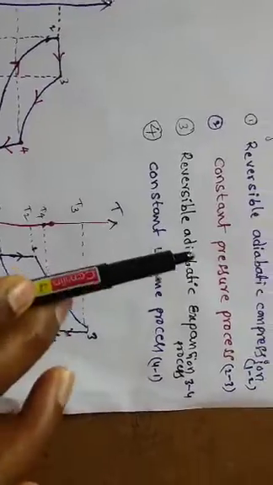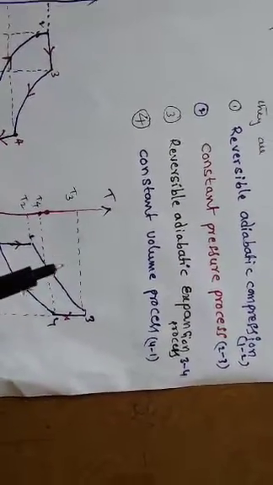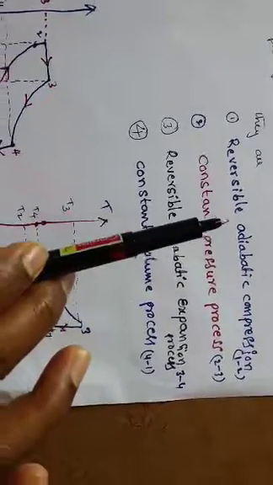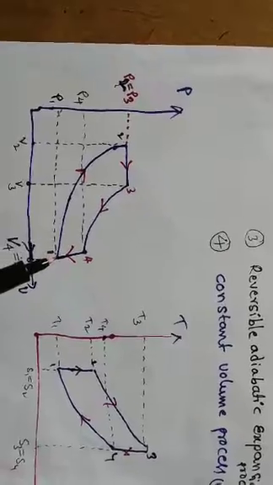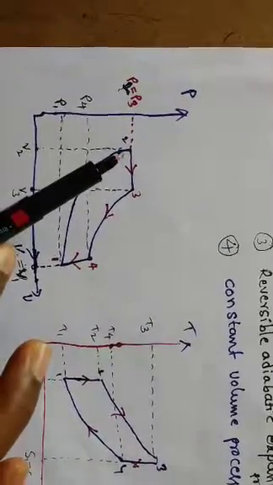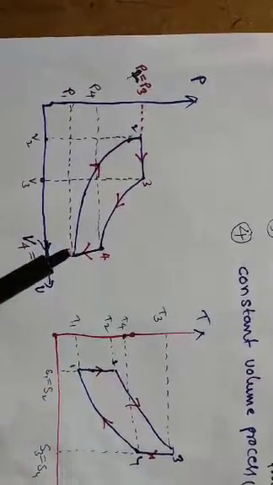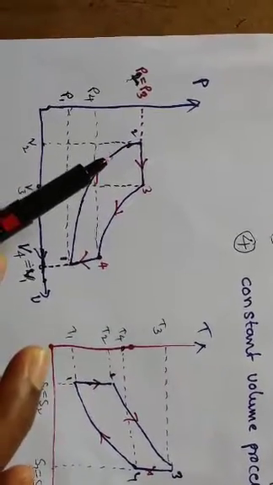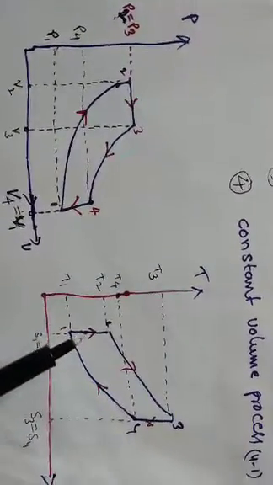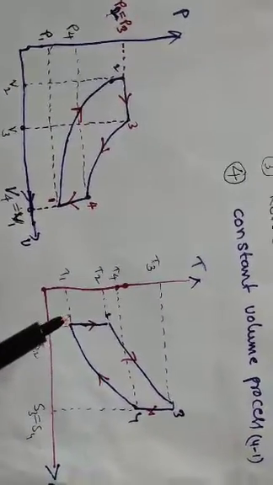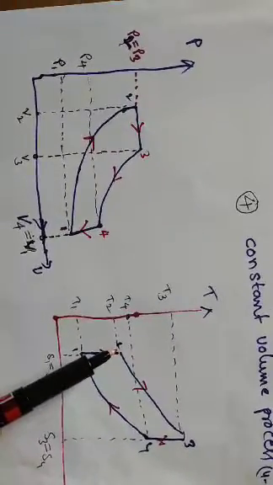Similarly, using these thermodynamic processes, how do we draw the TS diagram? Let us see once again. The first process is the reversible adiabatic compression process. Observe the PV diagram again: the 1 to 2 process is an adiabatic compression process and it is a curve in the PV diagram. The same process will be a straight line in the TS diagram.